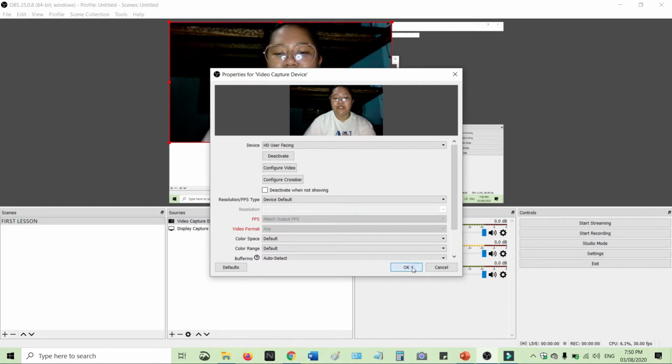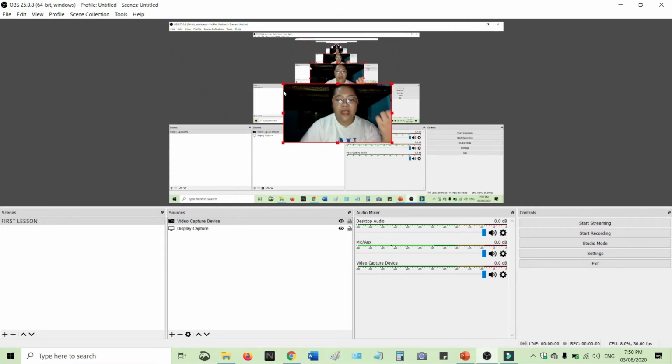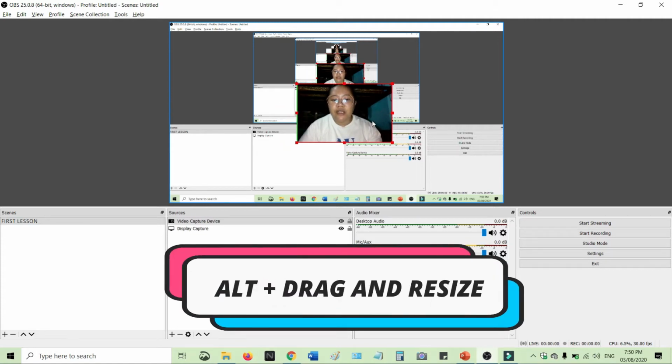So just press OK and then you can resize it. So kung nalalakihan ka, pwede mo siyang cut sa gilid. So how can you cut it? So just press the Alt button, and using your mouse, just drag it and resize it the way